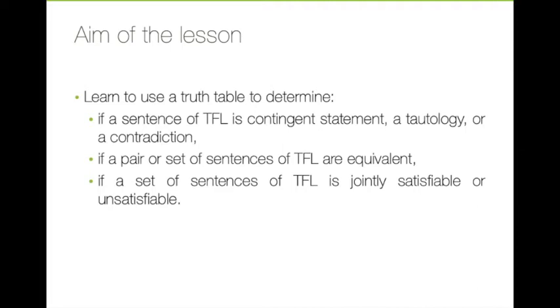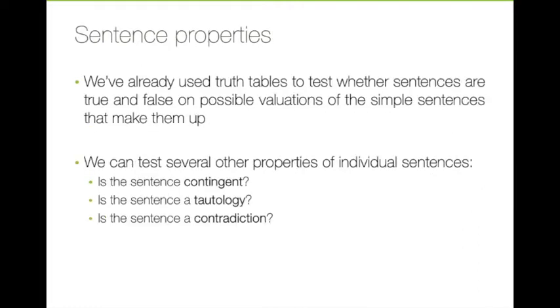We're going to use them to determine if a sentence of truth functional logic is contingent, or a tautology, or a contradiction; if a pair of sentences of truth functional logic are equivalent; and if a set of sentences is jointly satisfiable or unsatisfiable. So far, we've used truth tables to test whether sentences are true or false on each